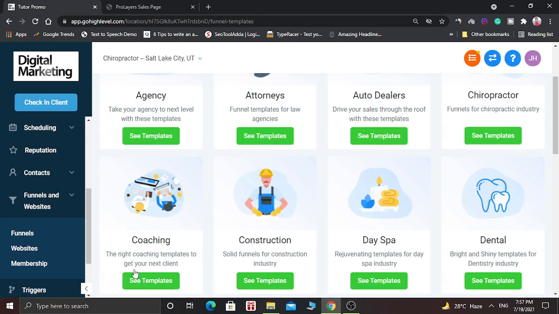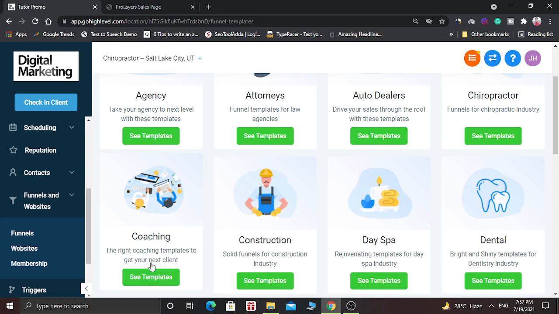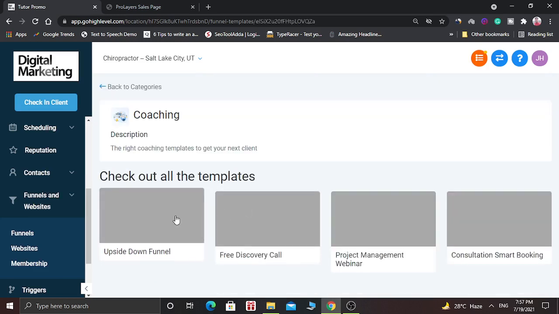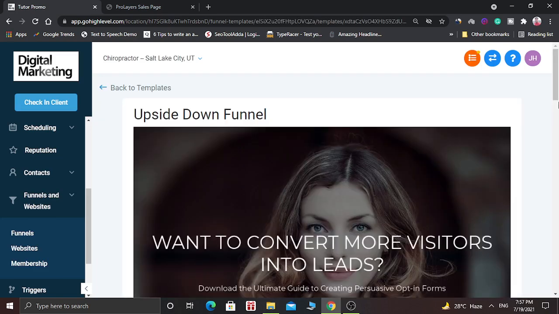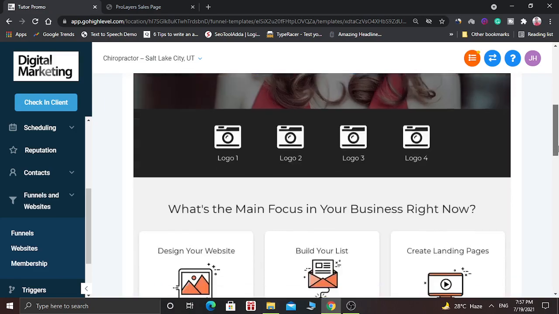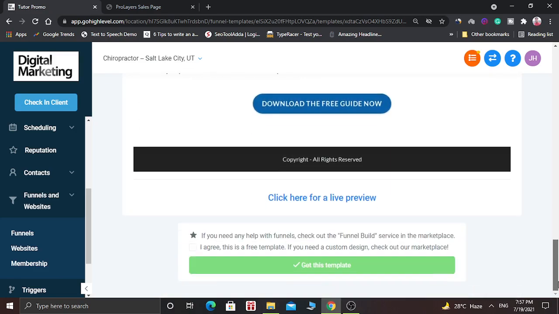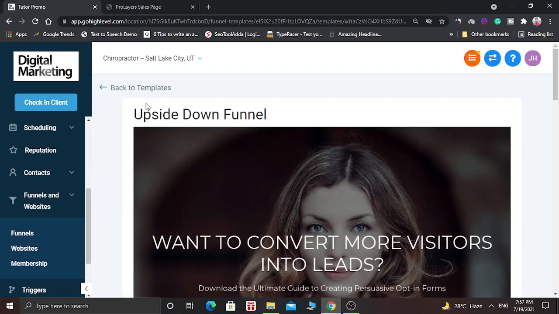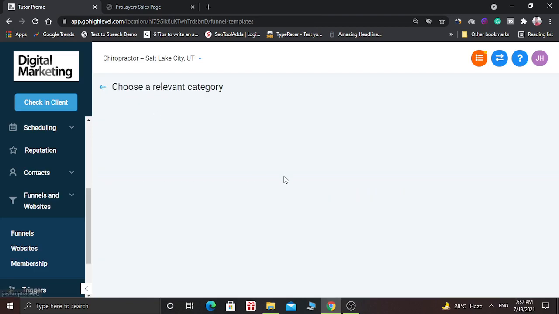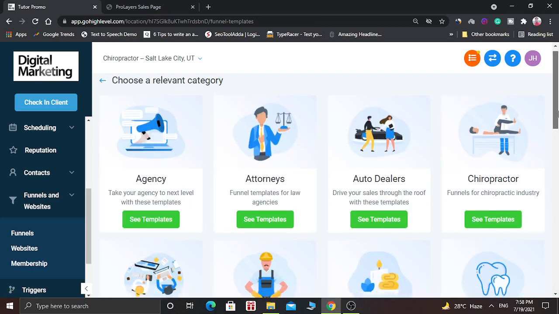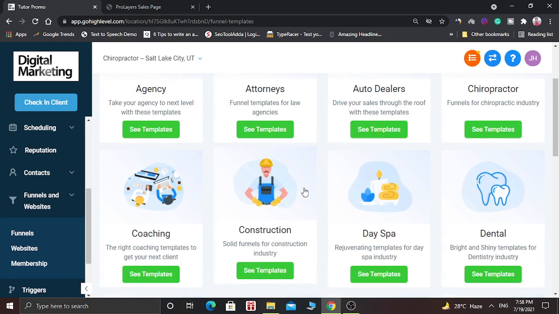Next we have to see the funnel template for coaching business. Let's see the templates. Here 4 templates are available. Let's see the first template. Let's see the template for construction.